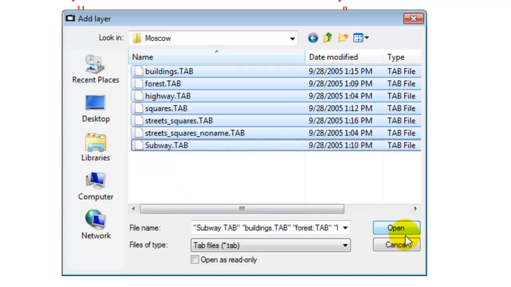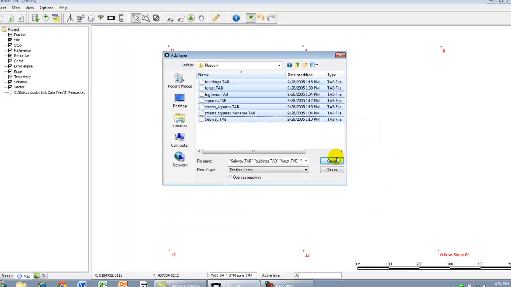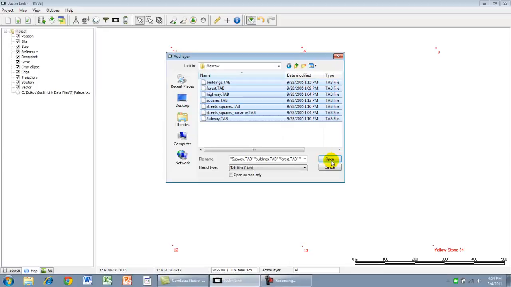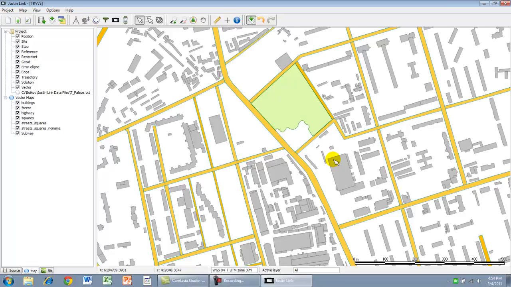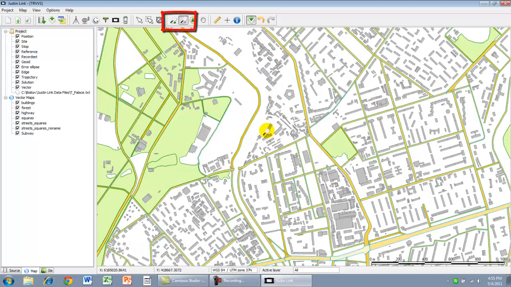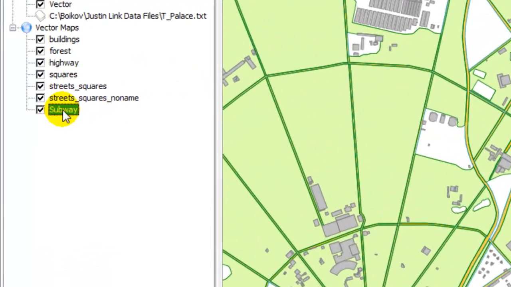The subway.tab layer contains my points. I click open to import all these layers to JustinLink. I can use the zoom button to zoom in and out on the map. To see the points on the subway layer of the vector map, I need to make their style bigger so